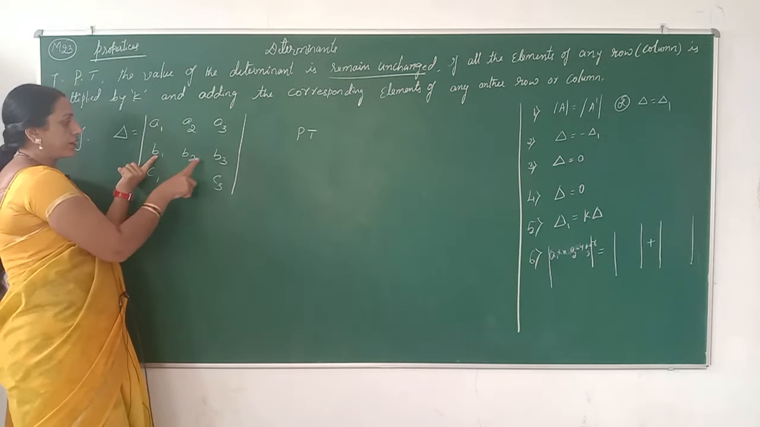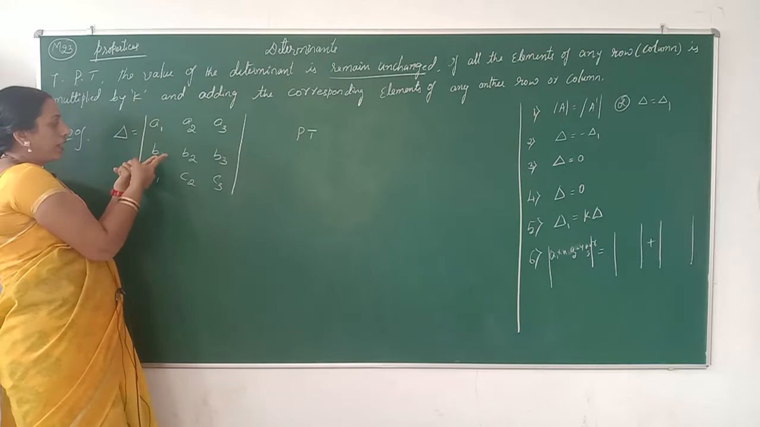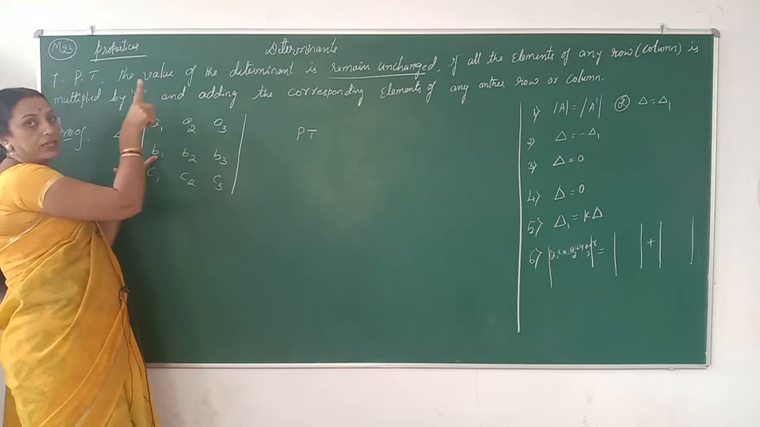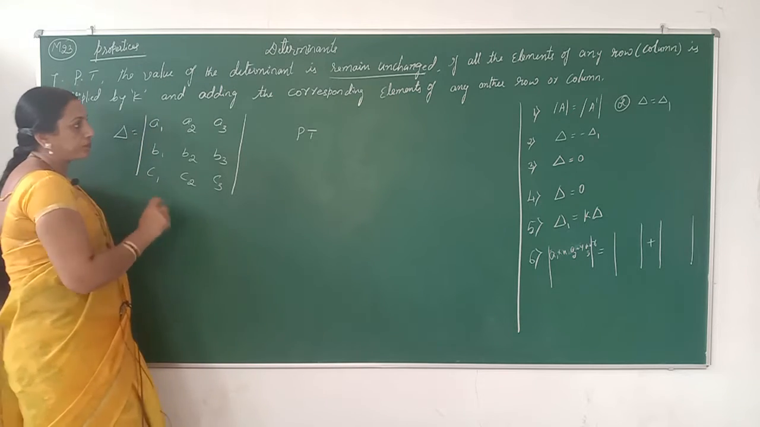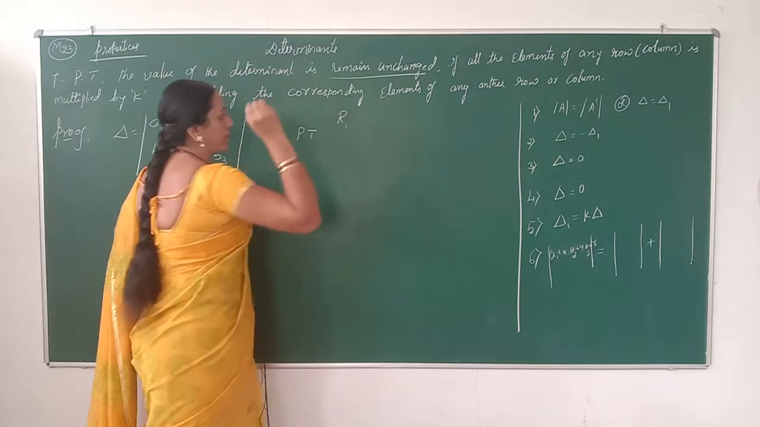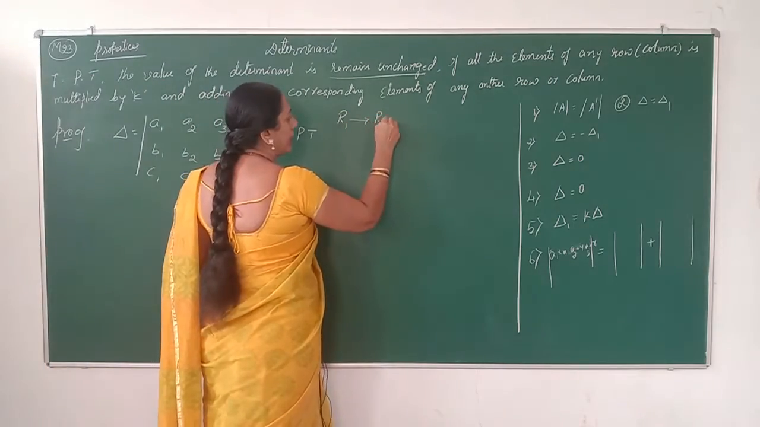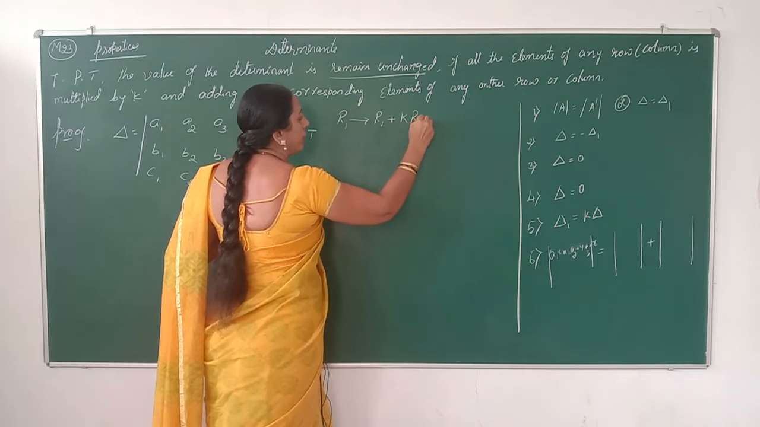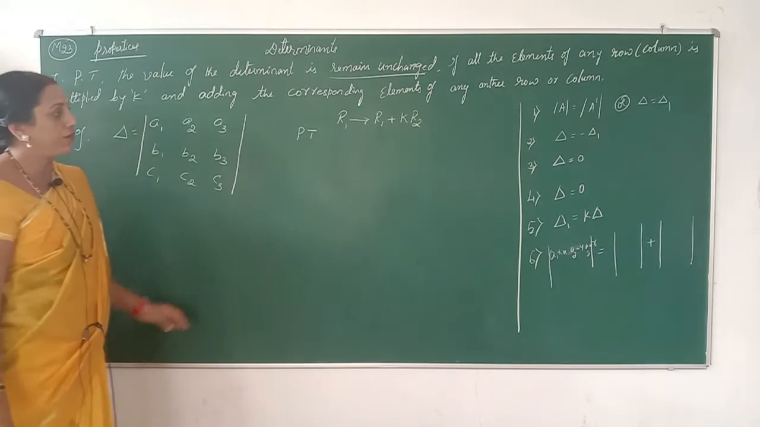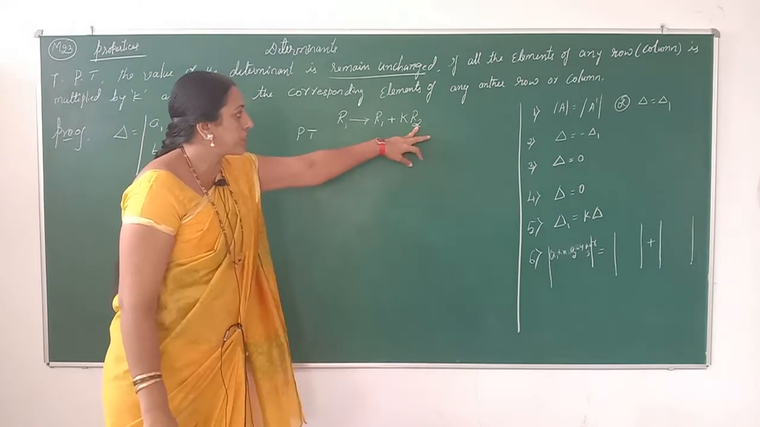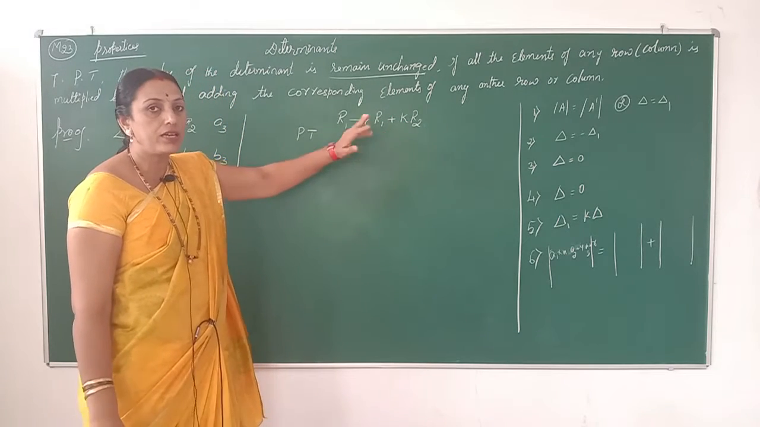Now first we will choose the row operation where the elements of the second row are multiplied by k and these elements are added to the corresponding elements of either the first row or the third row. Therefore, now we will choose the first row. So R1 can be changed to R1 plus k times R2. It means all the elements of R2 are multiplied by k and these elements are added to the corresponding